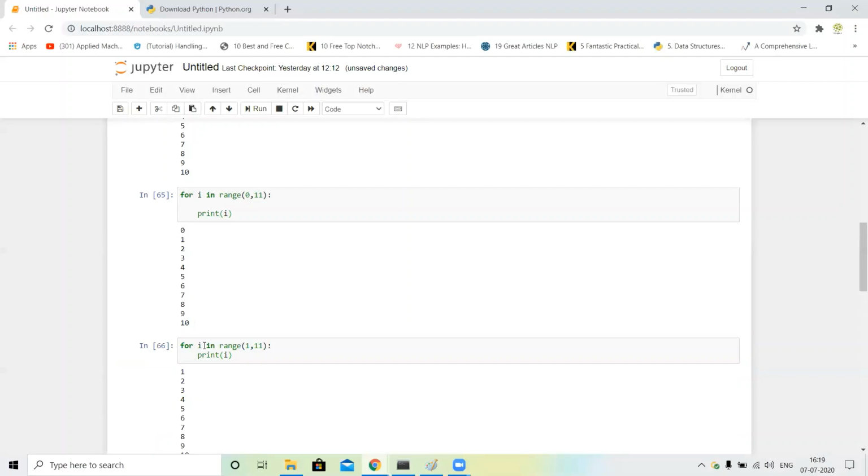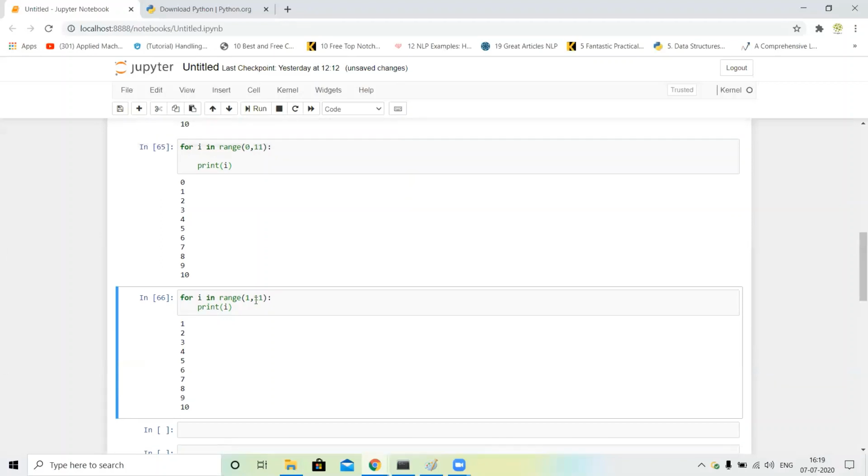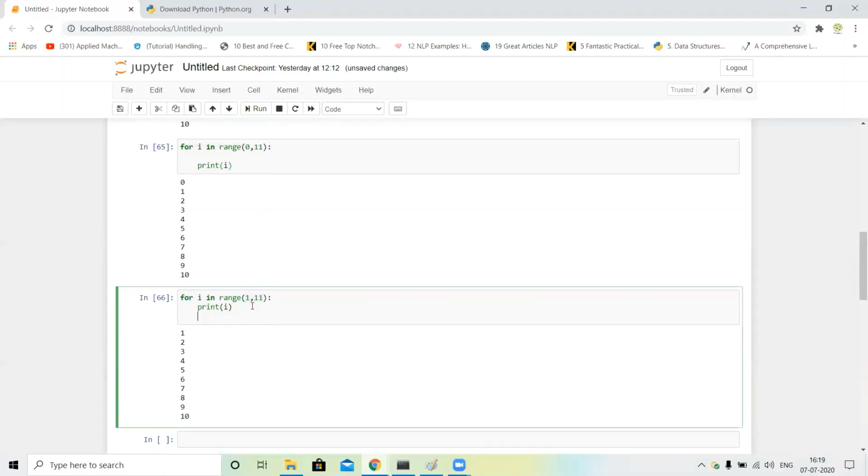If I run this, you can see our output is 1 to 10. Next, we want our output to be 1 to 5, guys, not 6, 7, 8, 9, 10. How is it possible? We just use an if statement.